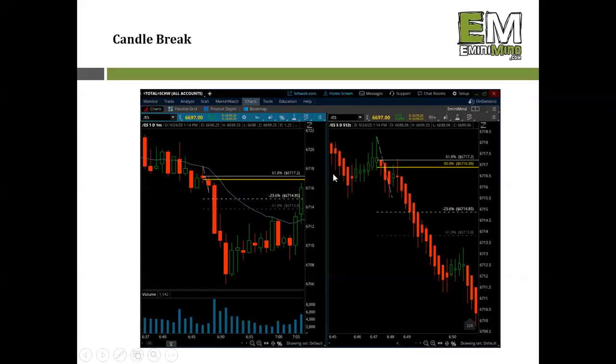So one thing I wanted to talk about that's been happening a lot lately is if you're looking at a 1 minute chart, or looking at what I would call a higher time frame, because a 512 tick chart is going to be really small. If you look at a 1 minute or a 5 minute chart, drawing up your retracement when you get a break of a high of the low bar or low of the high bar on a 1 minute chart is a really good place to draw your retracement,